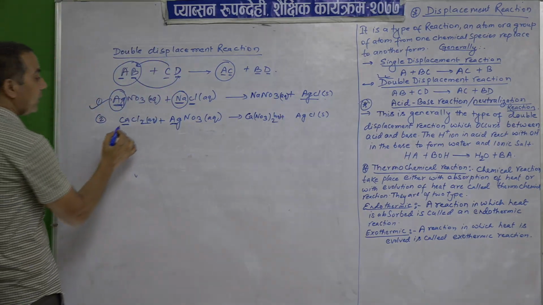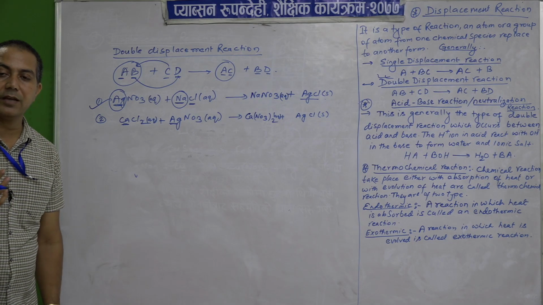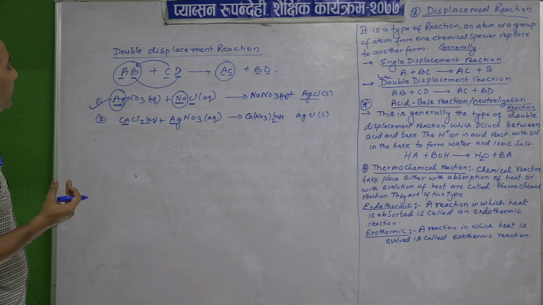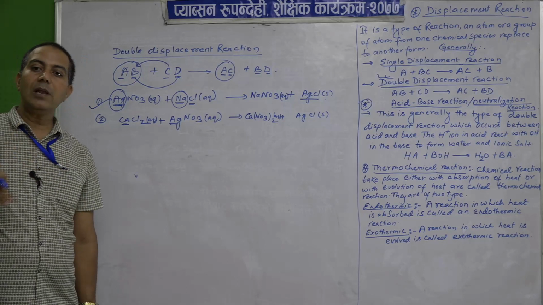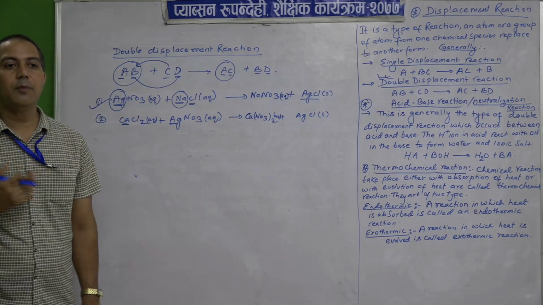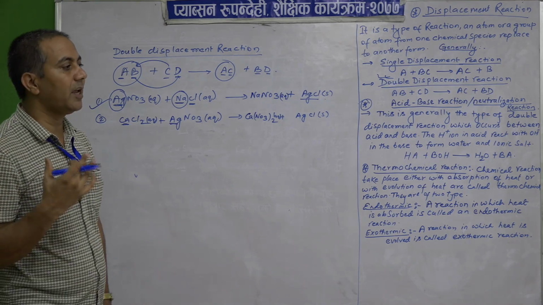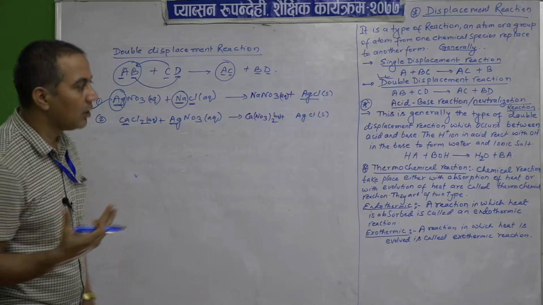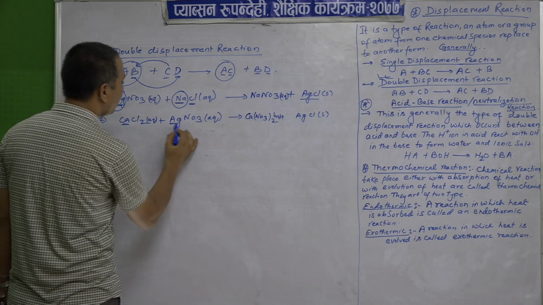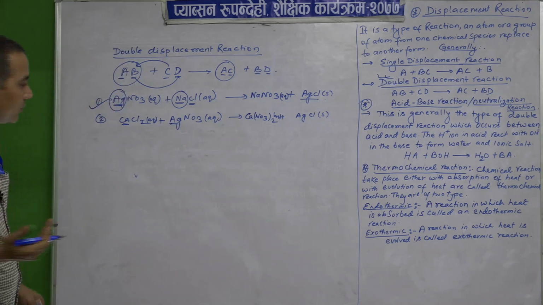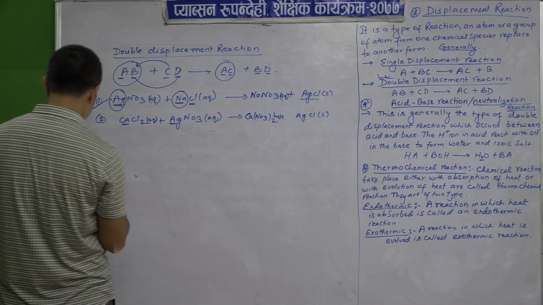So, what we come to know is that double displacement reactions are a type of reaction in which the atoms of one chemical substance are replaced by another, forming a new substance. Replacement takes place in both the reactants to form a new product. To form a new product, both the reactants will be what? Displaced. Then the next one is